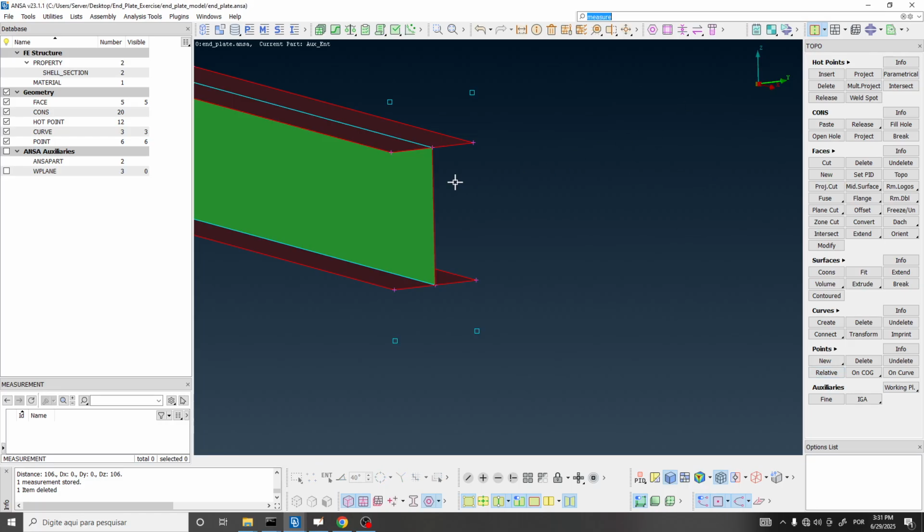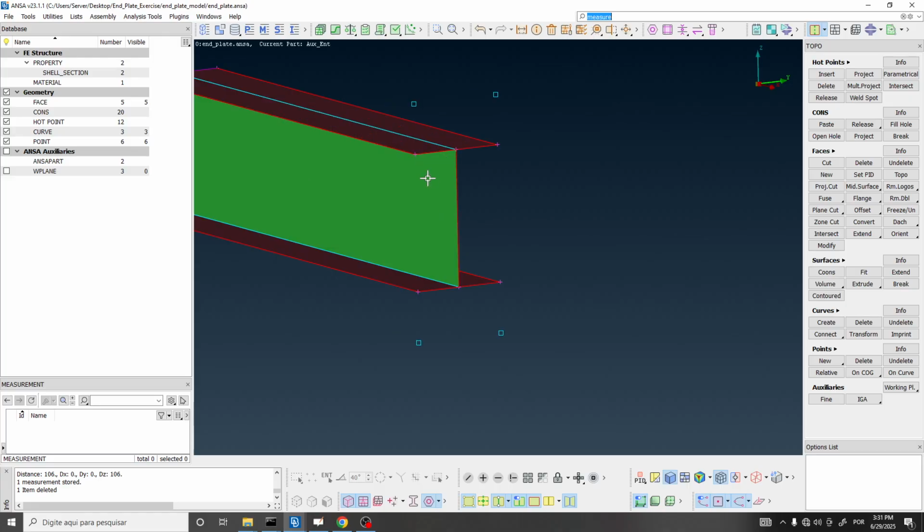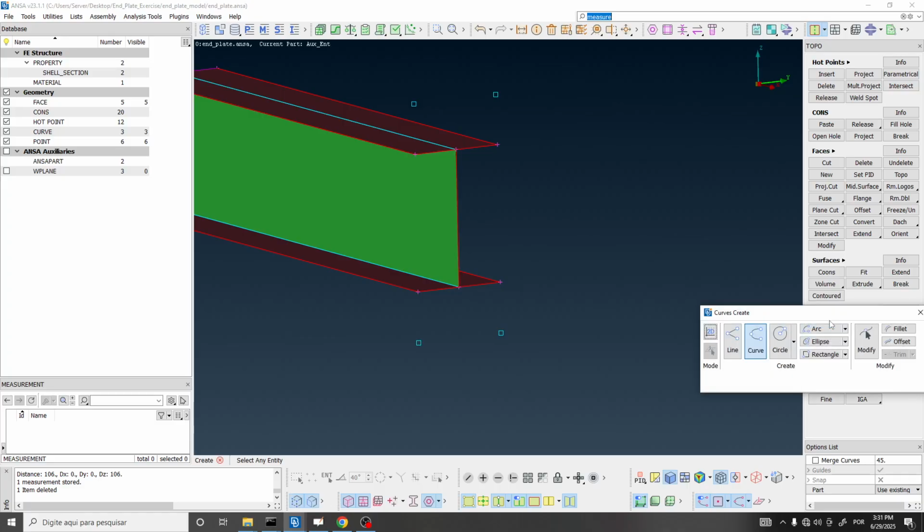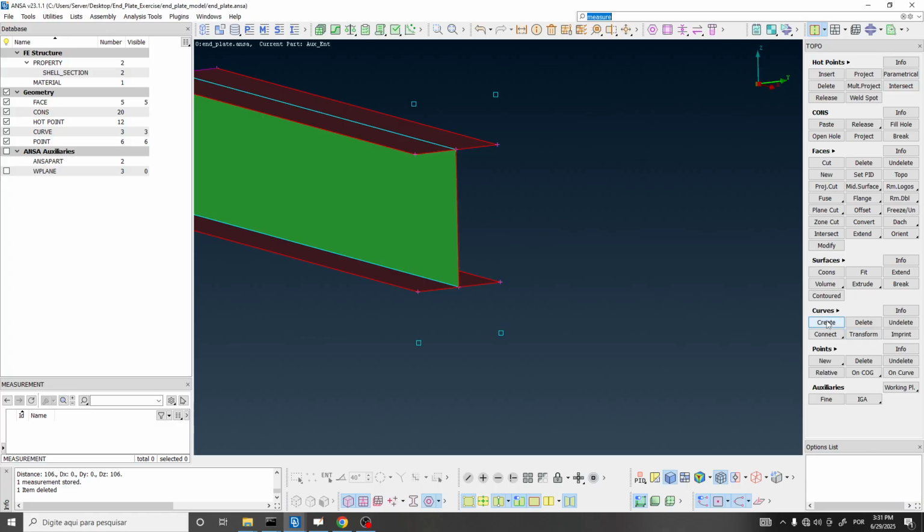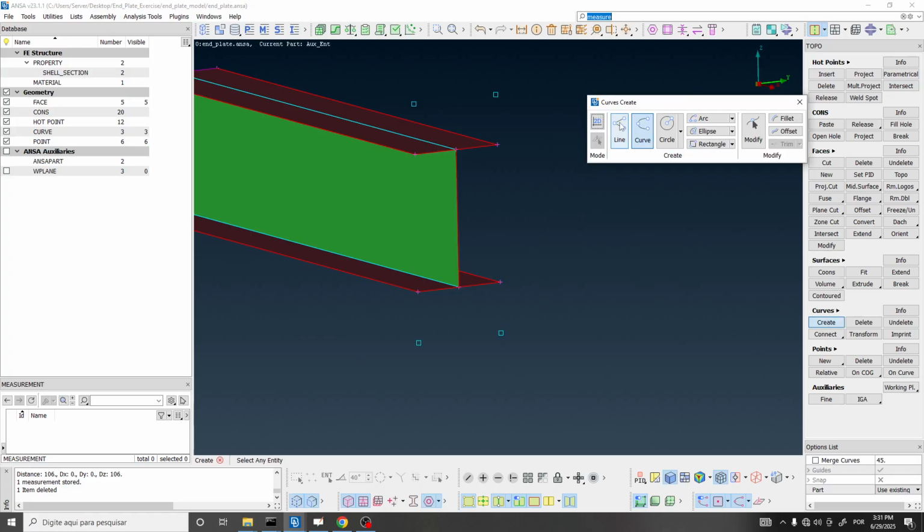All right. Now the next step is to create curves connecting these points. So we are going to use, in the classic topo module, search for curves group and then create here. If you don't find the create tool, you can expand more tools by clicking here, and then we are going to have other tools. Okay, so create, and then I want to create a straight line,